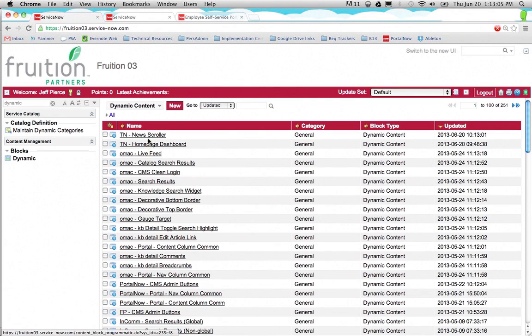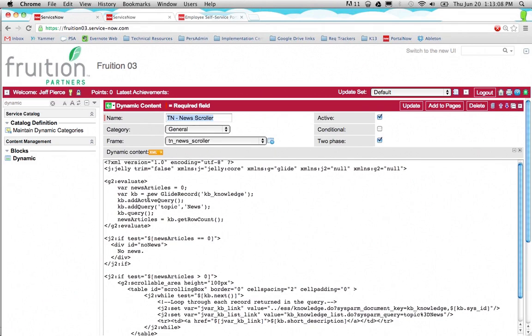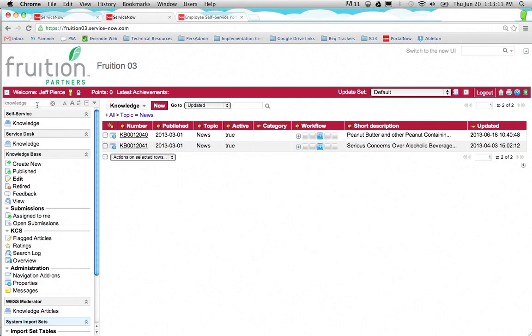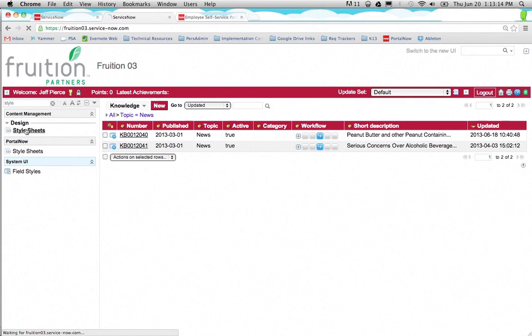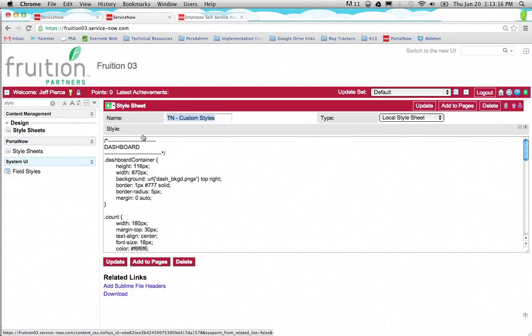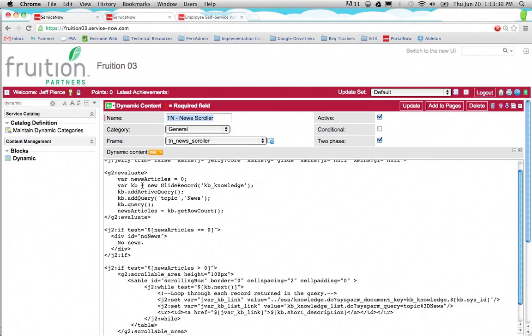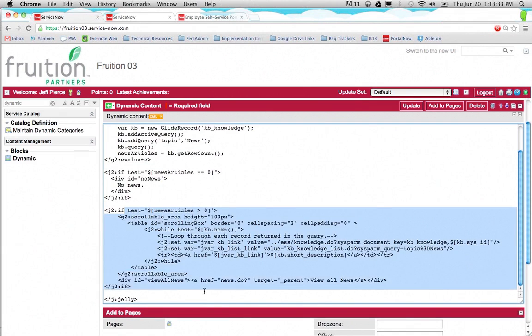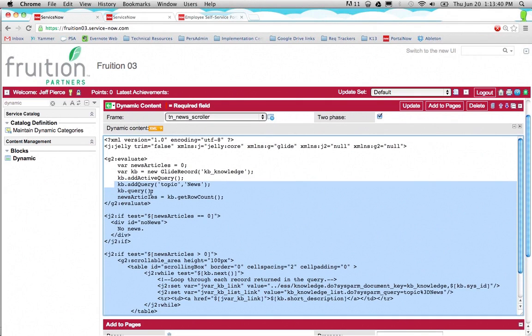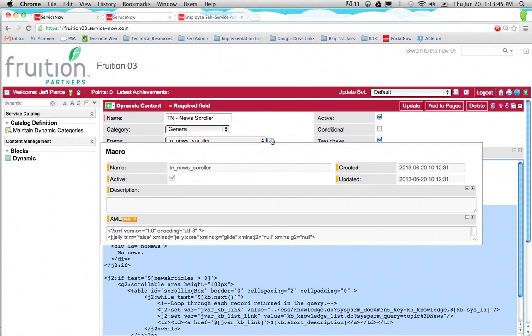And let me tell you, let me open up another tab here, and I'll tell you the significance of this. It might become clear. So here's our news scroller right here, and see right here where we assigned the background image. We assigned it to an ID called alerts container. Well, we don't have that ID anywhere here in this dynamic content block. You know, so that's why that image wasn't showing up. That's why we weren't getting the formatting we wanted, because the element alerts container didn't exist until we created this frame,